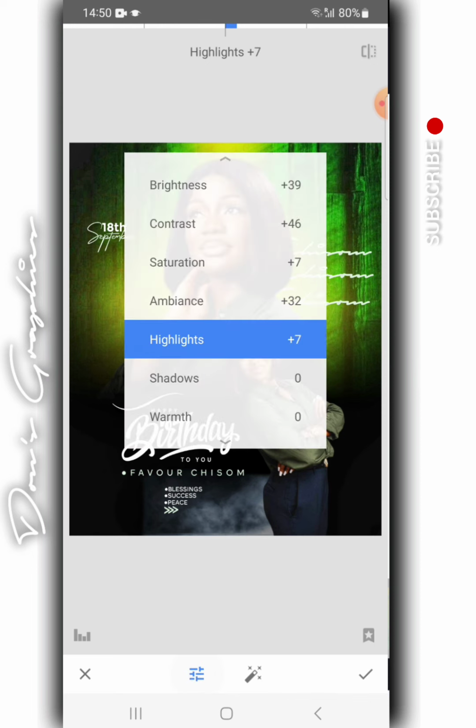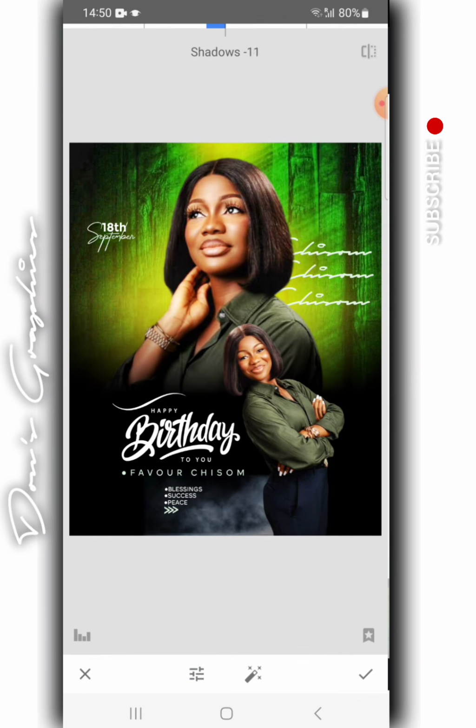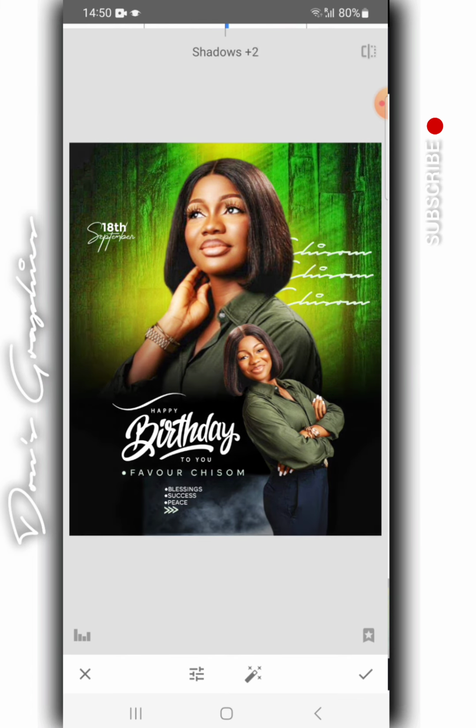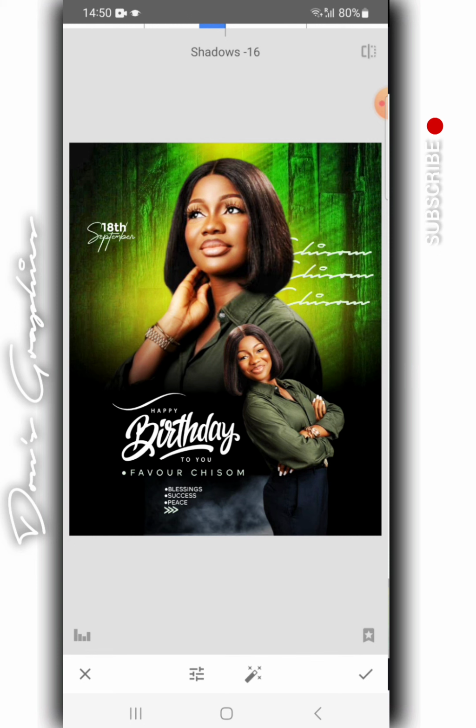And let's click on shadows. I don't want too much of shadows, so I'm going to reduce the shadow. As you can see, when you increase the shadow, it's not more good. So let's just reduce the shadow, and you can see that even the light effect that we included right down has blended so well with the design. So let's reduce the shadow